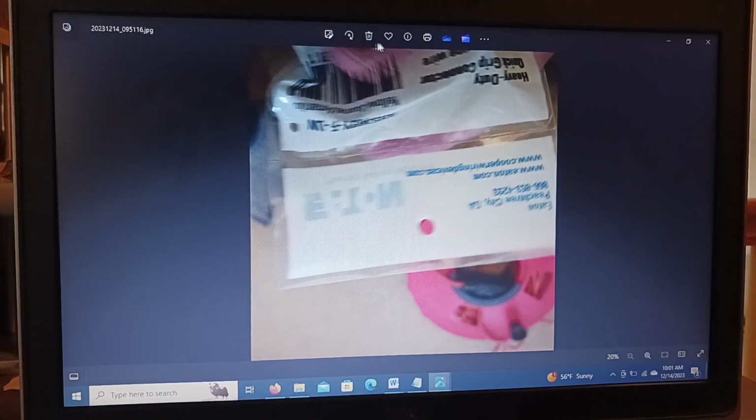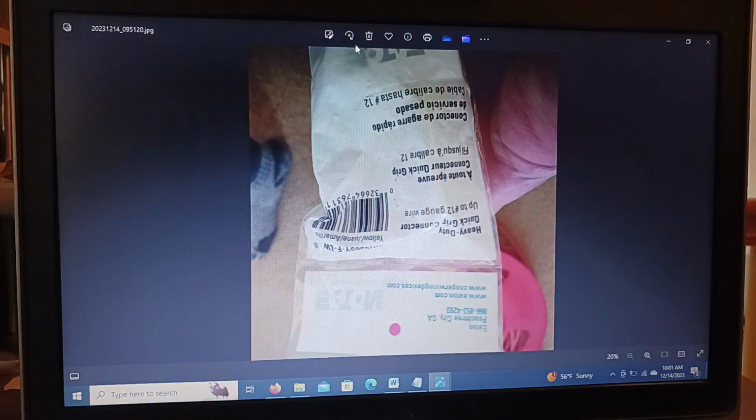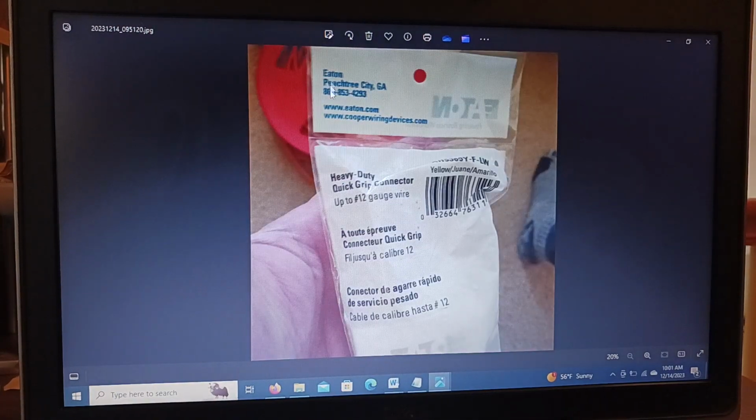So here we are. Let's see. Okay, so this is a fix actually. This is the company that made it. Of course, it's made here. And this, remember, is a heavy duty quick grip